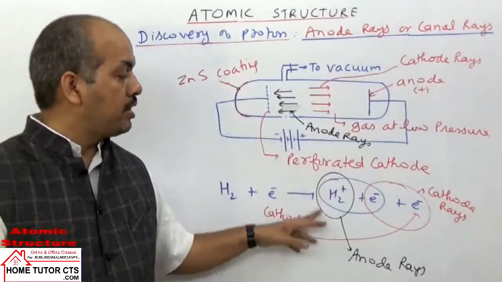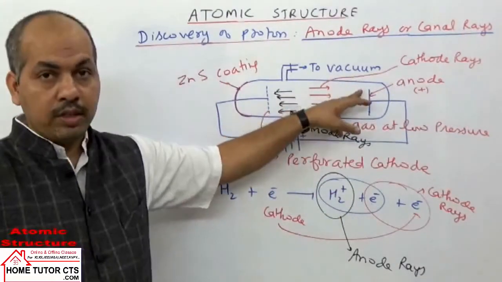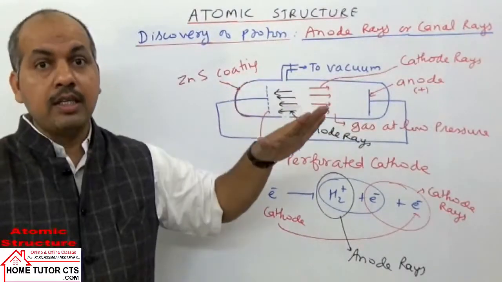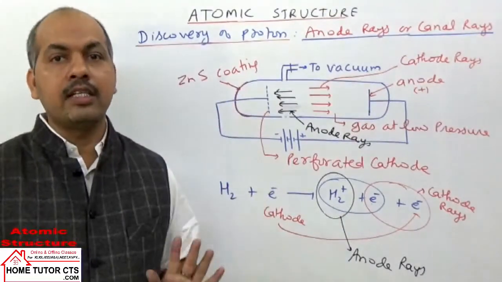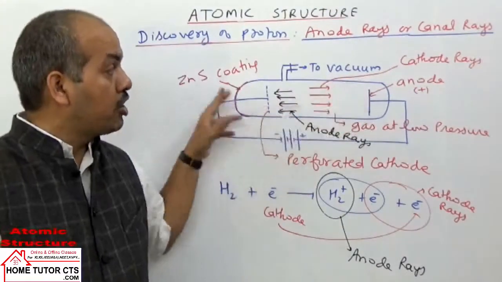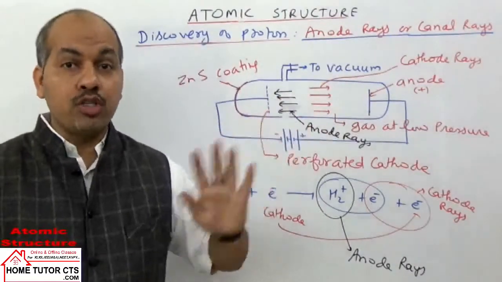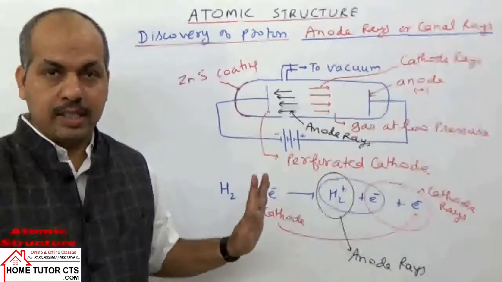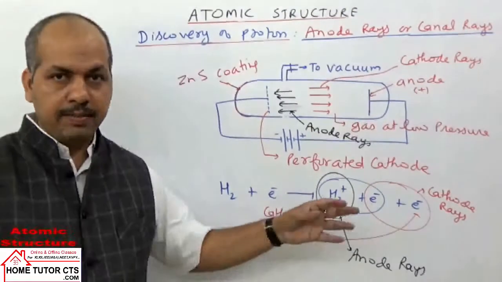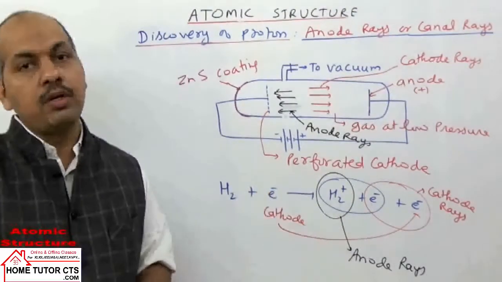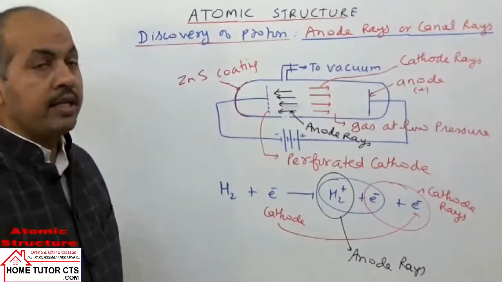These rays were called anode rays because the source was supposed to come from the anode side, but they are not coming from the anode. Remember, the source of the anode rays, or canal rays, is only one thing: the gas itself. The gas in the discharge tube gets ionized to form positive ions, and those positive ions make up the anode rays. For hydrogen in the atomic state, the particles remaining were called protons. That is, the proton discovery was done from the anode ray or canal ray experiment.